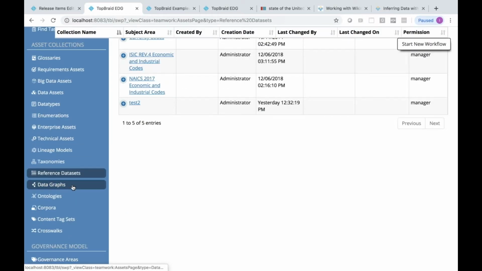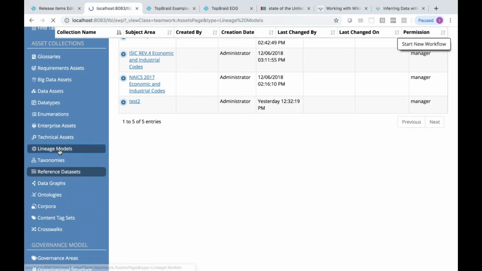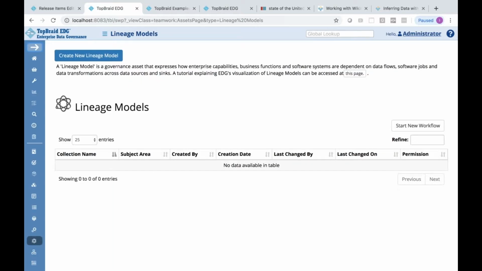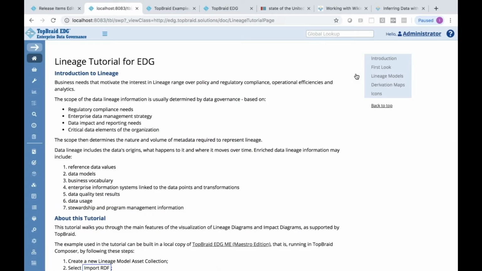What I'm going to show next is something on lineage models. And there's been a lot of work on lineage for both 6.1 and 6.2. Work on expanding the scope of lineage, what kind of lineage information is shown, how it is shown, etc. I don't have here an example of lineage, but another nice new feature is that now with your Edge comes a built-in tutorial for lineage.